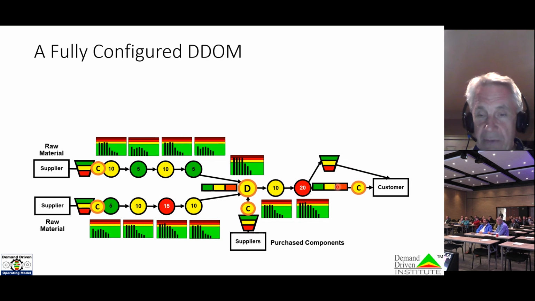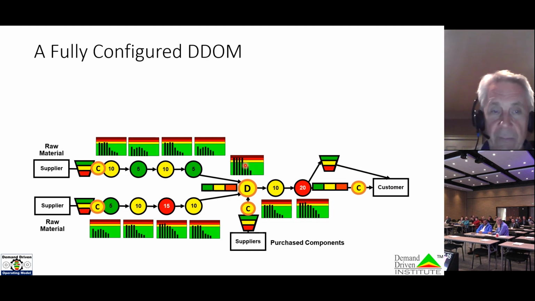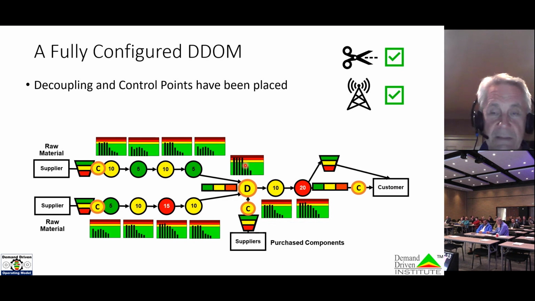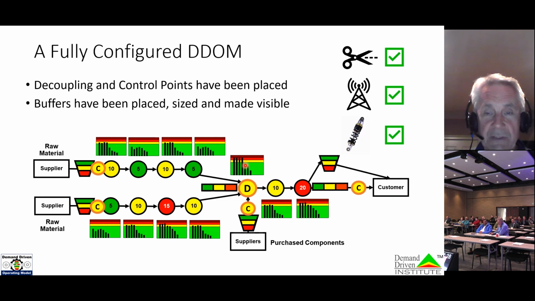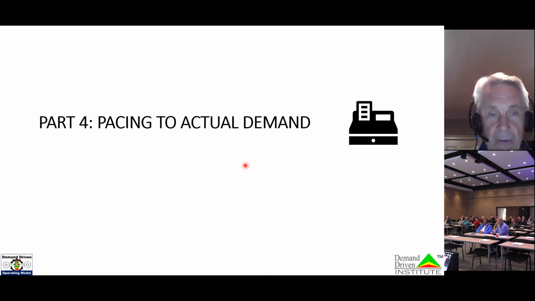If it's a make-to-order environment, we're going to put time buffers in front of those to protect for the entire system of variation that could occur. For non-constraint resources, we want to have sprint capacity. So we want to ensure that they're configured with enough excess capacity so that they do not become a floating bottleneck in our environment. We've placed decoupling points, we've placed control points, we've got operational buffers put in place in all the right positions, and this is really what's going to allow us to pace to actual demand in the market.